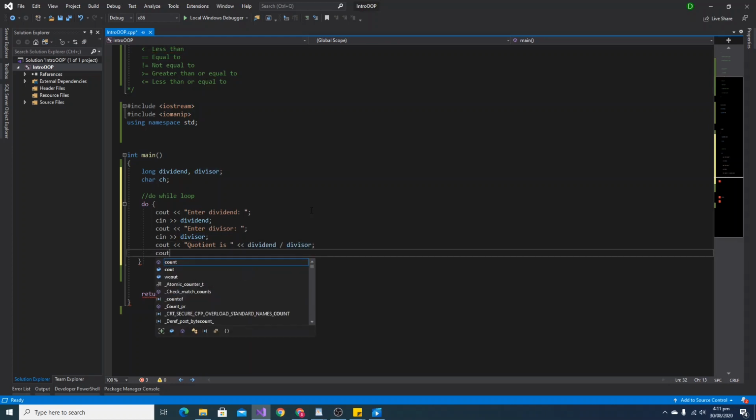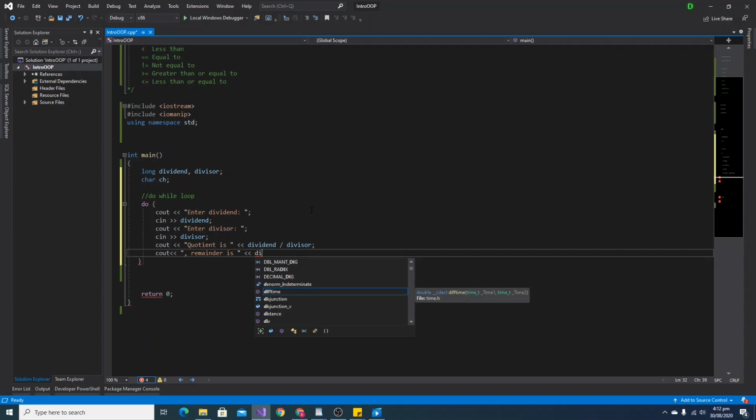And then we're going to append to this statement a comma and say remainder is, and then we're going to say dividend, and we're going to now use our modulus operator,